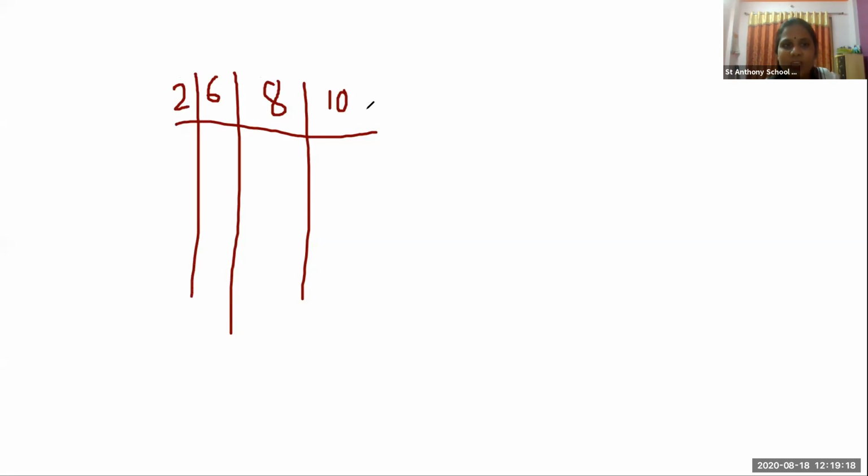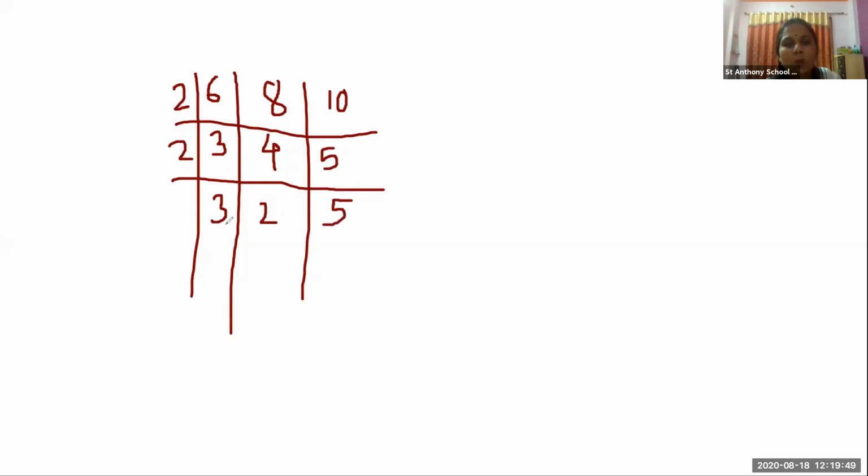Very nice. Okay, so 2 3s are 6. Okay, now 8 can be divided with 2. Yes, so 2 4s are 8, and here 2 5s are 10, right? Now by which number we will divide it? We'll divide it again by 2 because 4 is there, no? So this 3 cannot be divided with 2, so 3 remain as it is, right? Now 4 can be divided with 2, so 2 2s are 4. Okay, now this 5 remain as it is.